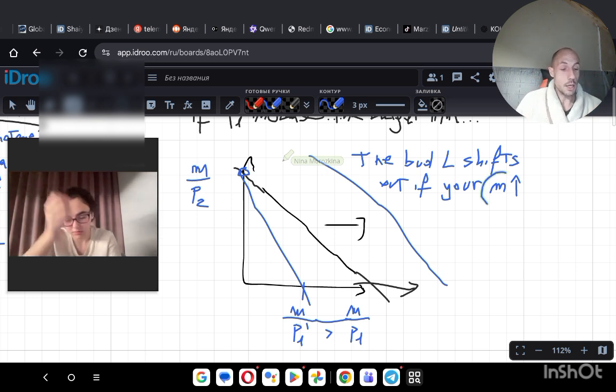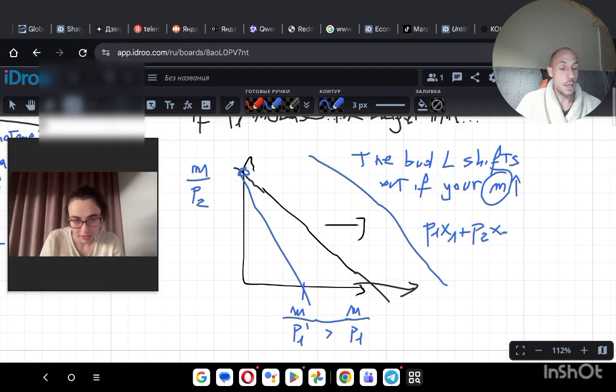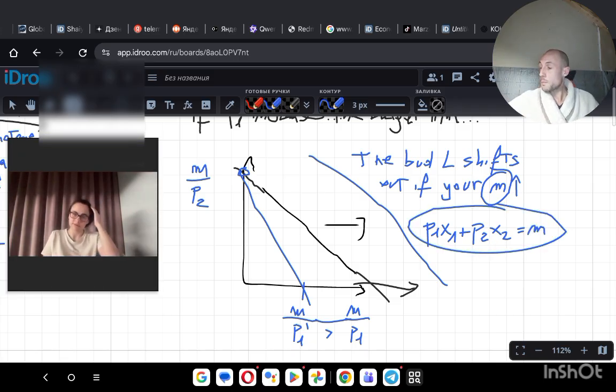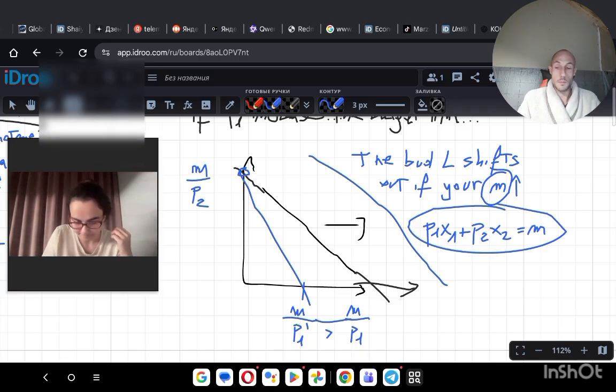The budget line is P1x1 plus P2x2 equals M. This is the budget line. Yeah, then I understand. Okay. Good. Then this is how much I